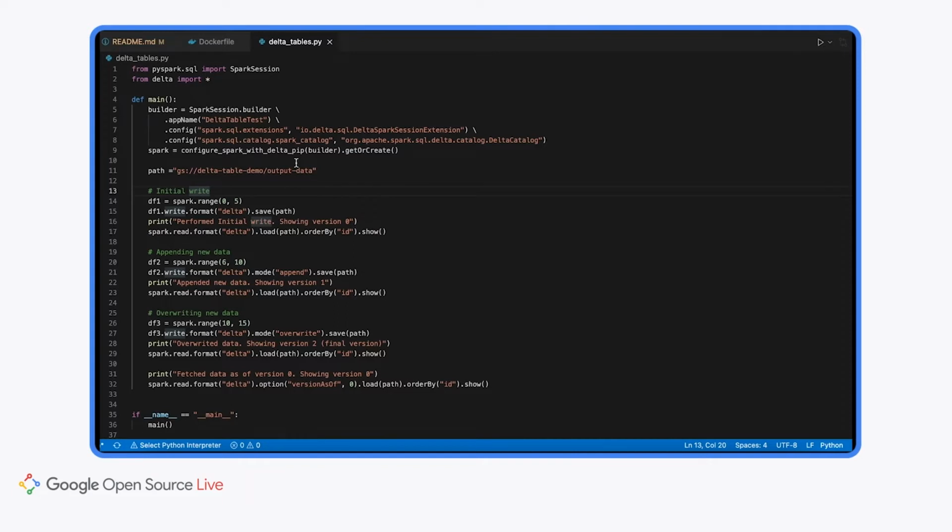And usually what happens in a standard data lake is that when you overwrite the existing data, the previous files get deleted, and those files are no longer available. But with Delta tables, that's not the case. With Delta tables, the files are kept, but are marked in the transaction logs as removed. And that's what happens here. And that enables us to actually time travel the data as seen in line 32.